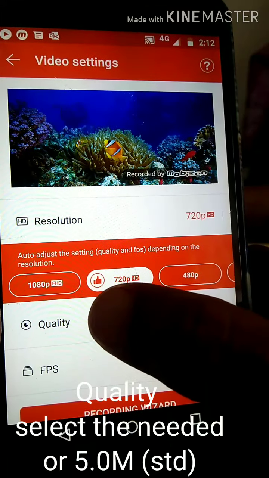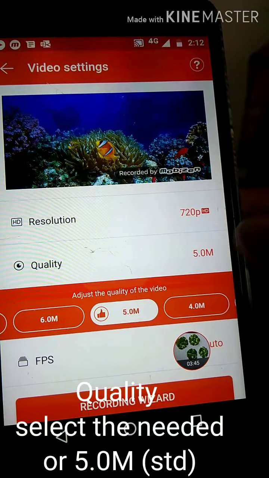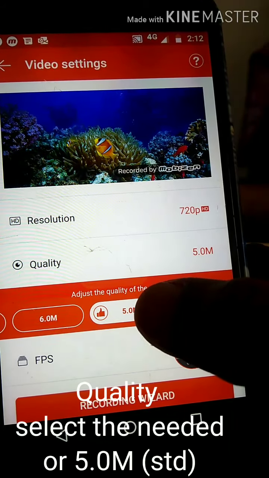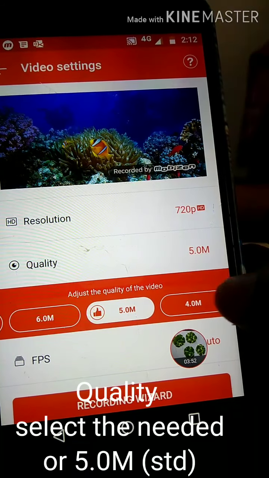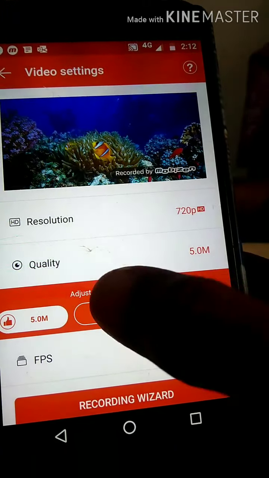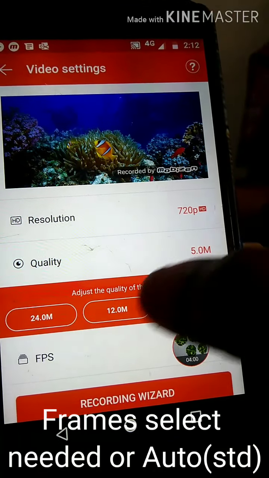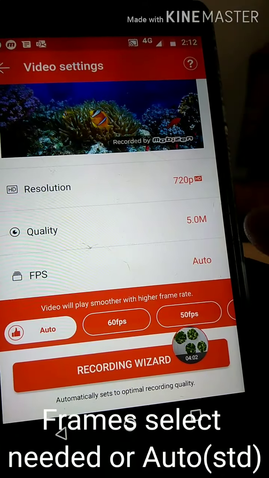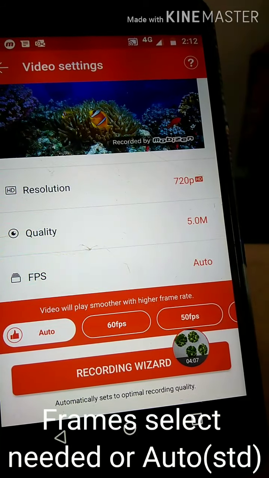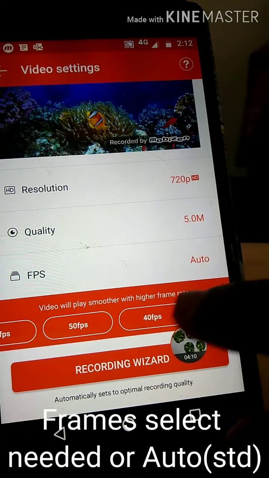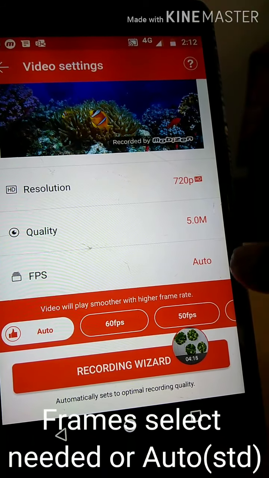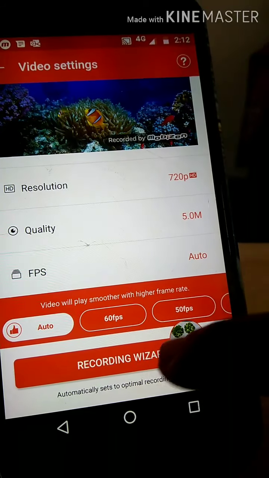Now when we are talking about this quality, this is how many megabytes are recorded per second. So let it be 5. It's the best quality for any video. If you want, you can adjust. There are some more 10 or 12 adjustments there. So I have set it to 5. And how many frames you are going to set for a video per second. So it can take 60 frames or 50 frames, whatever you want you can change, but the auto adjustment quality mode is best for recording any video.